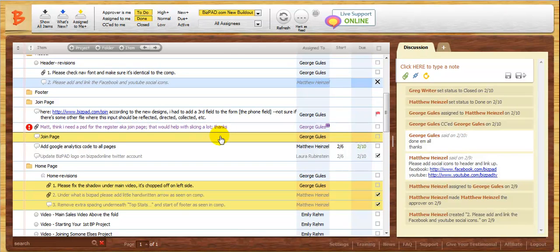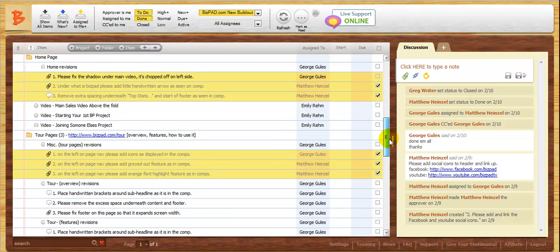And I hope this helps you guys understand a great way to use BizPad to do your website development and assign the various tasks to different people. And we assign to George. George does his thing, assigns it back to Matthew. Matthew does his thing, marks it done, assigns it back to George. And it's just a fantastic way to keep track of every single little itty bitty task,